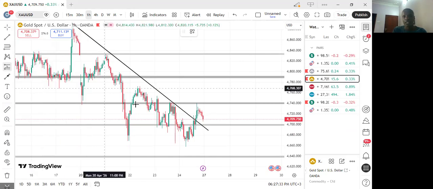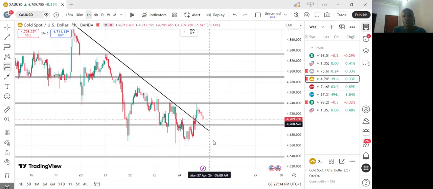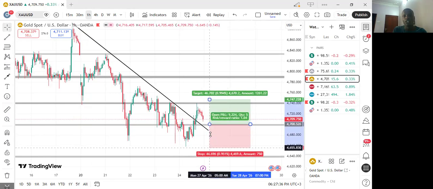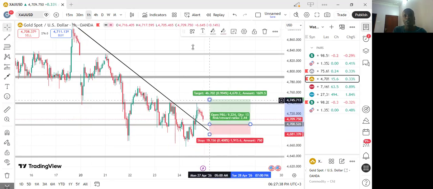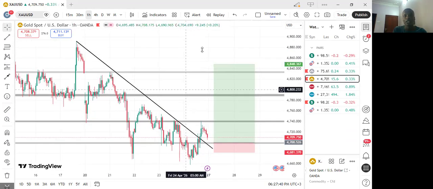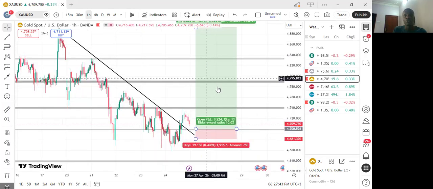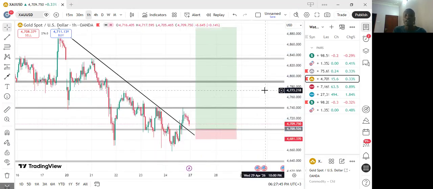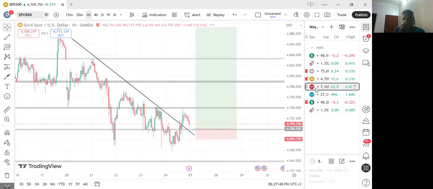Silver and gold move together. For the case of gold, it's also the same thing. I'll be looking for a bullish market up to the 100% retracement level. So I'm overall bullish on gold. Then for the case of S&P